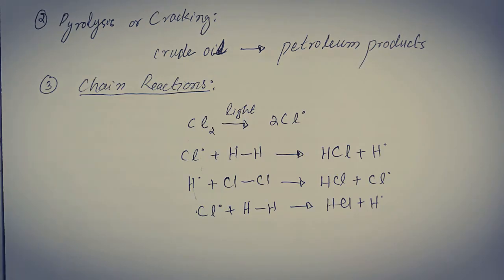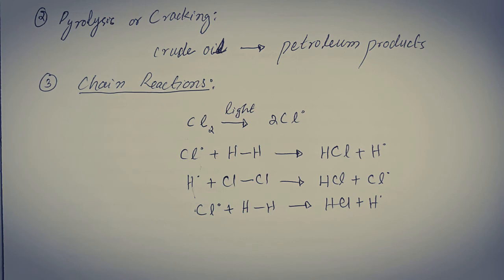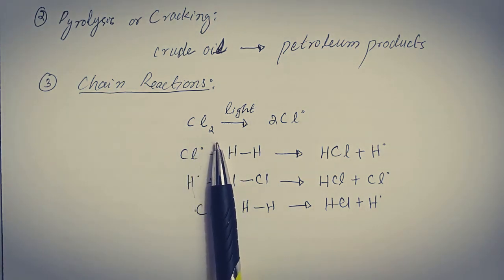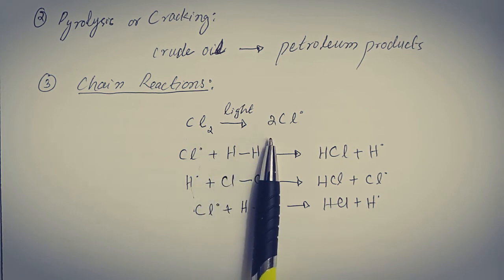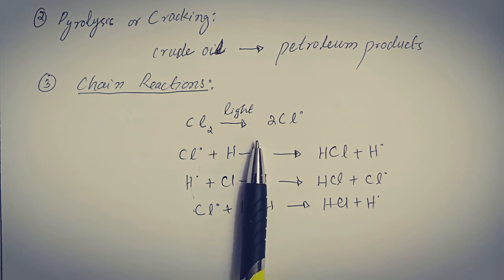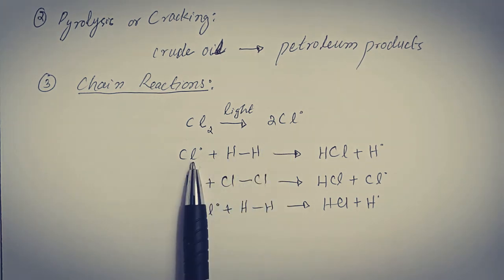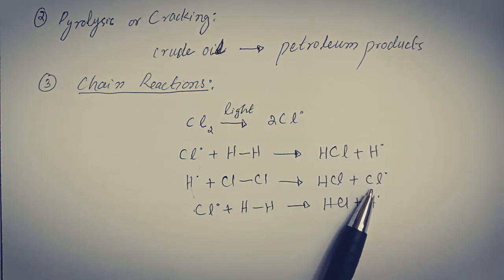Chain reactions, as the name indicates, include such processes in which the products of the reactions initiate further reaction. Like in the presence of light, chlorine can generate chlorine radicals, and these chlorine radicals can carry the reaction further, and these radicals generate other kinds of radicals like hydrogen radical, and these two kinds of radicals start a chain reaction